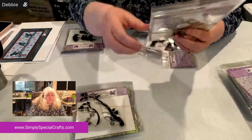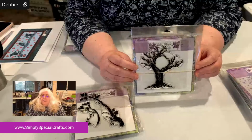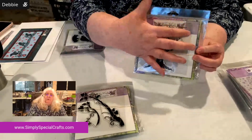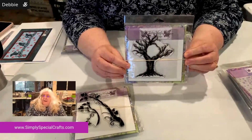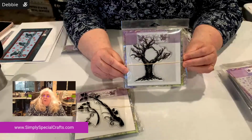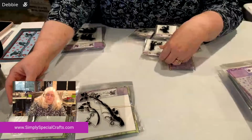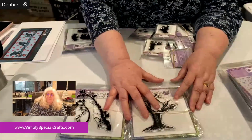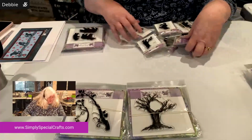Okay, this one's called the moon tree, I believe. And imagine you can stamp this so the silhouette of the moon is in the center, or that larger moon is in the background of that tree. It'd be beautiful just like that. But add a fairy or an owl or something, and you got something really beautiful. One of the things I love about this collection is there's something here for just about everybody. Whether or not you're a traditional fairy fan or not,